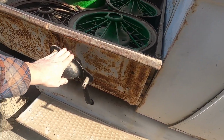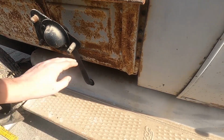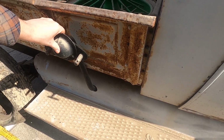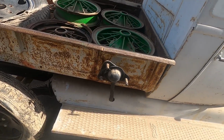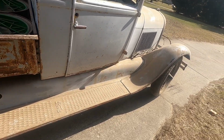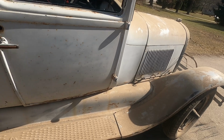This right here, the spare wheel carrier, looks to be the incorrect one. It is simply too tall. It should be about a foot and a quarter, and this one looks like it's somewhere around 15, 16 inches, which was usually what they used for the driver's side when they were mounted in the front. So the tire would be mounted up here in this area, right in front of the door, just on